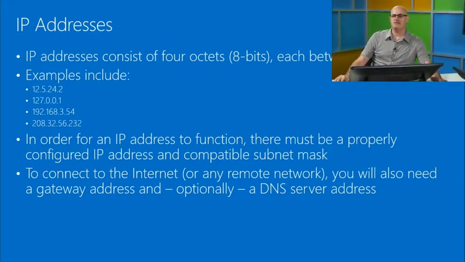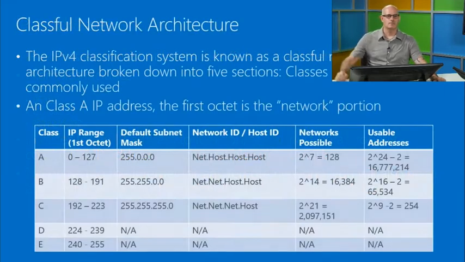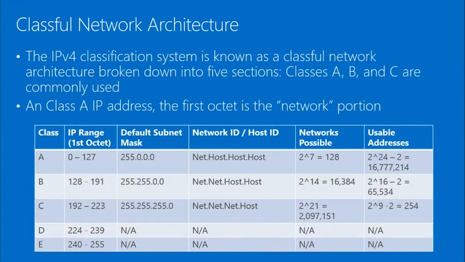In order for an IP address to function, there must be a properly configured IP address and compatible subnet mask. To connect to the internet or any remote network, you'll also need a gateway address and a DNS address. Classful network architecture. The IPv4 classification system is known as a classful network architecture. It's broken down into 5 sections, class A through E. Class A is your IP range, your first octet, 0 through 127. Your default subnet mask,